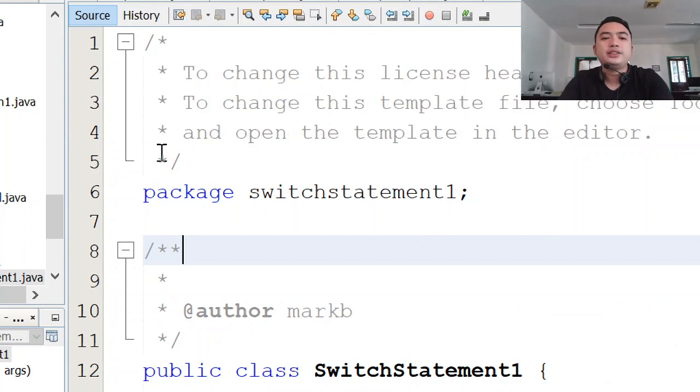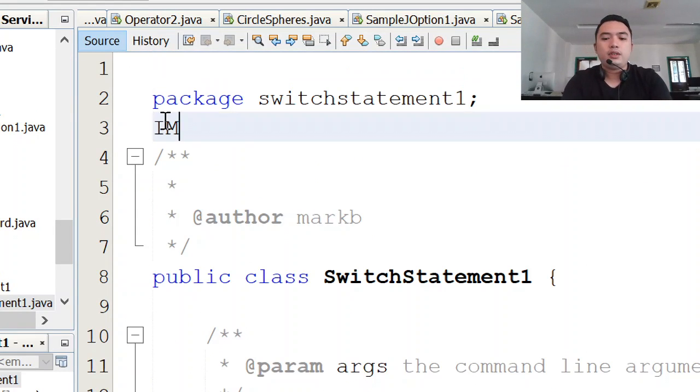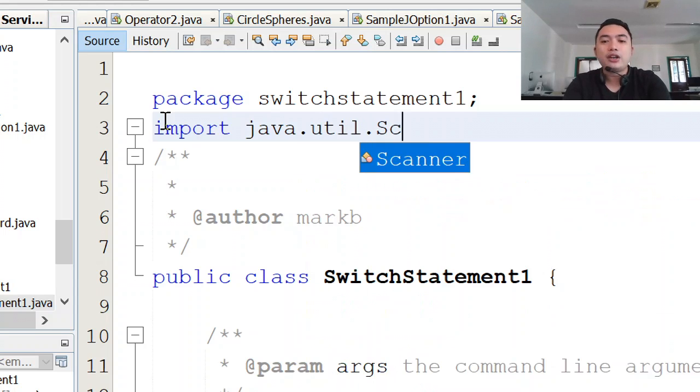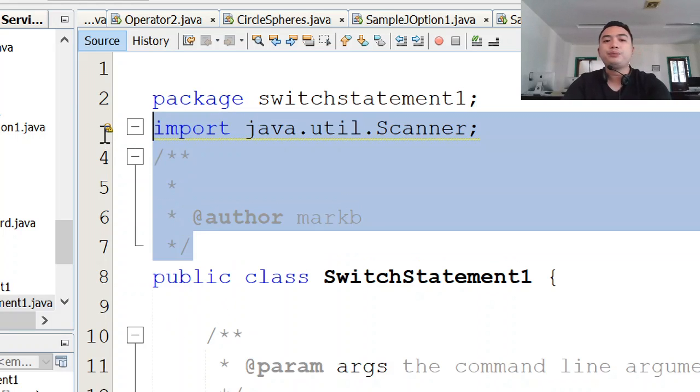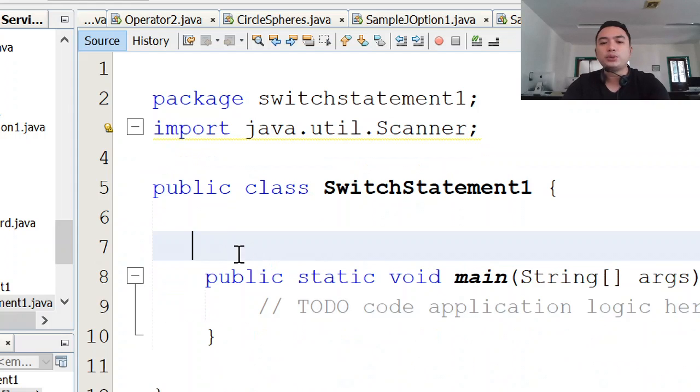project in NetBeans. So since we'll be doing input, we will be importing some input libraries needed for user input. So I'll be using Scanner. You can also use JOptionPane if you want to, or the message dialog boxes of the JOptionPane.